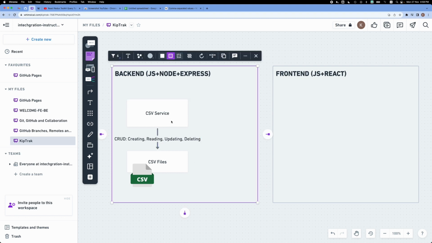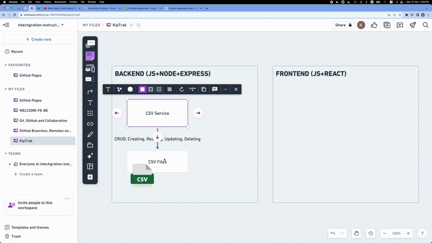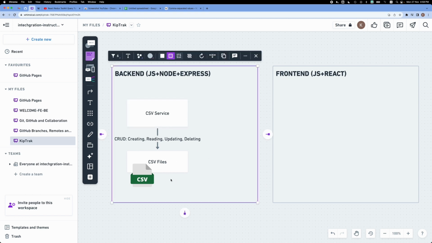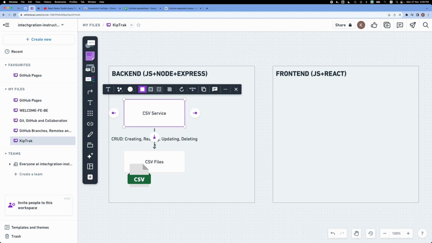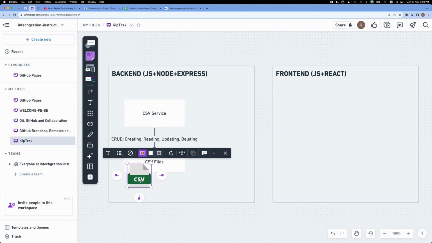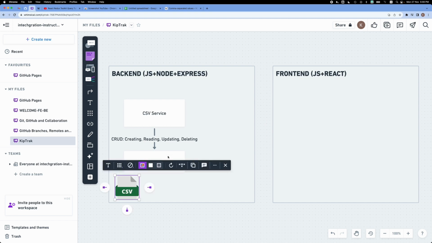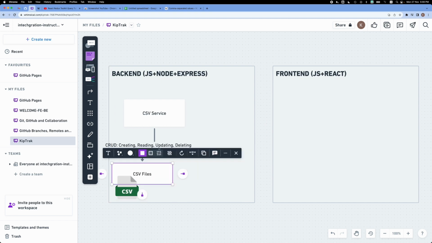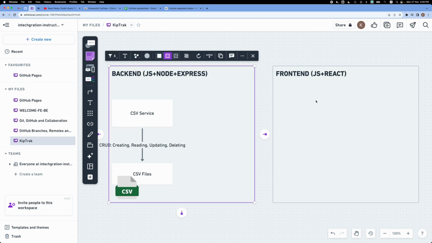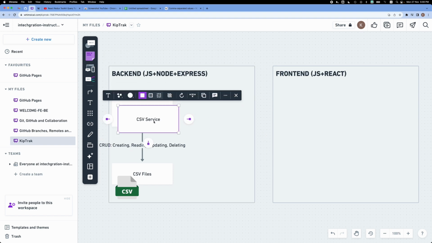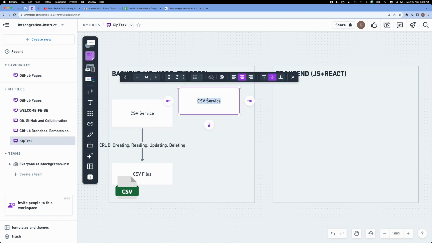So we're going to have a CSV service that's going to be managing the CSV files. And then on top of these two, let me put this a little bit here, and let me put this here. Yeah. And then in order for the front end to be able to access the backend and run some of these CRUD operations, we're going to have an Express app with